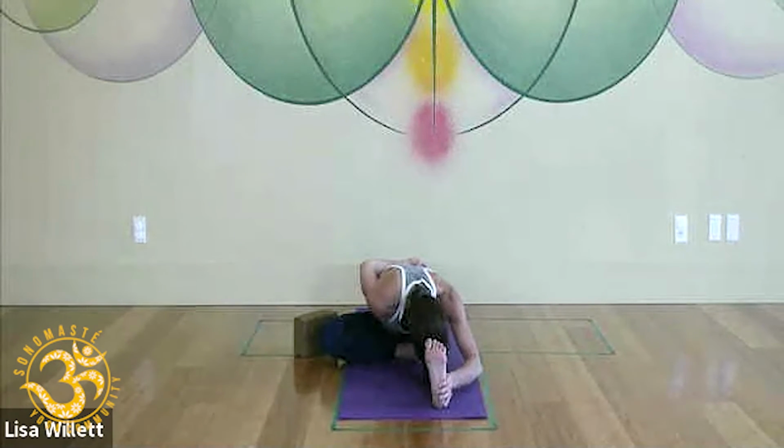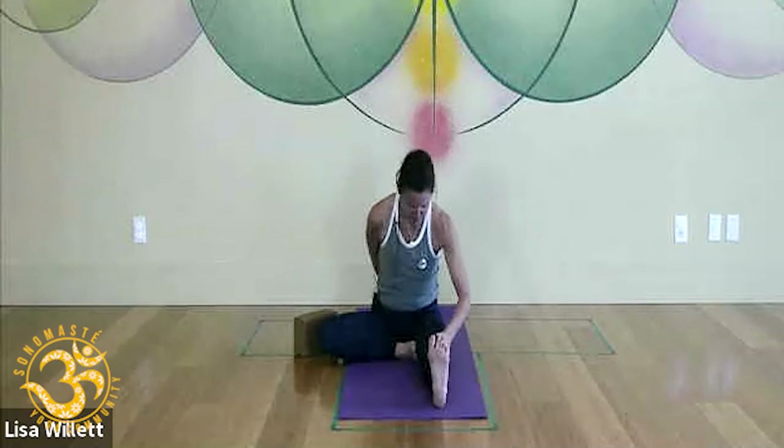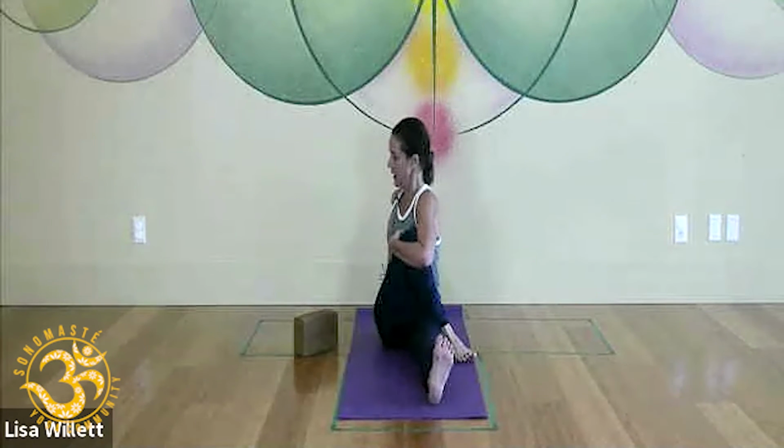Good, and then we'll slowly and gently release. We're gonna pick up that knee. So let's go ahead and cross because you guys are probably able to do that. John B. Hug that inner thigh in. Either wrap right arm around the outer left thigh or